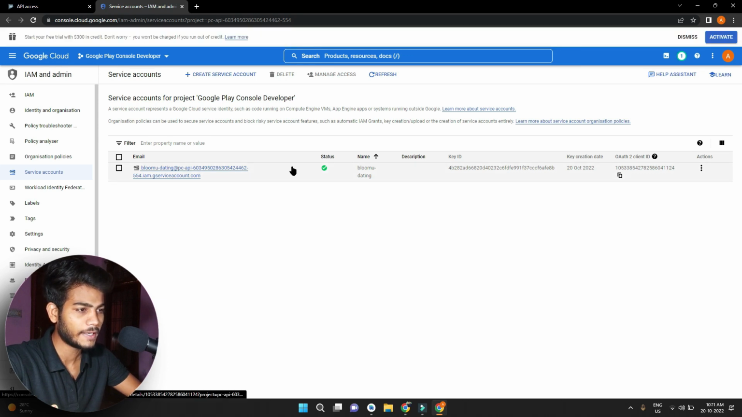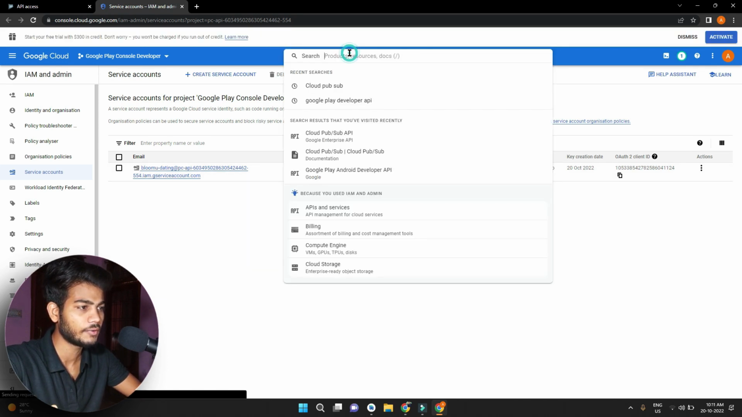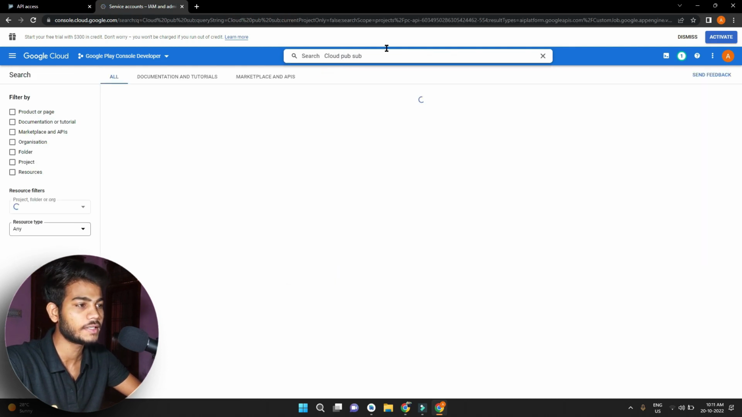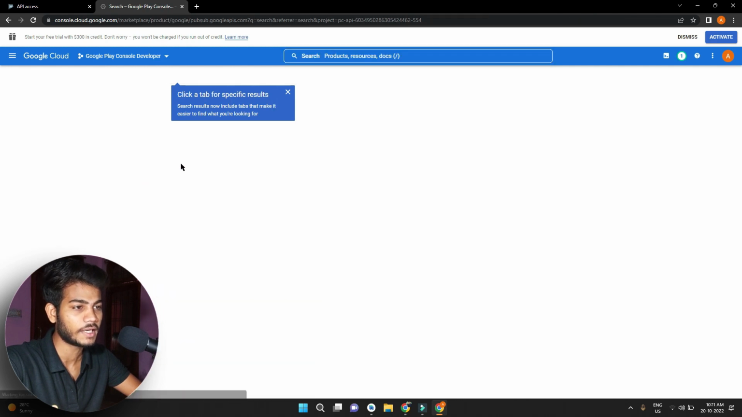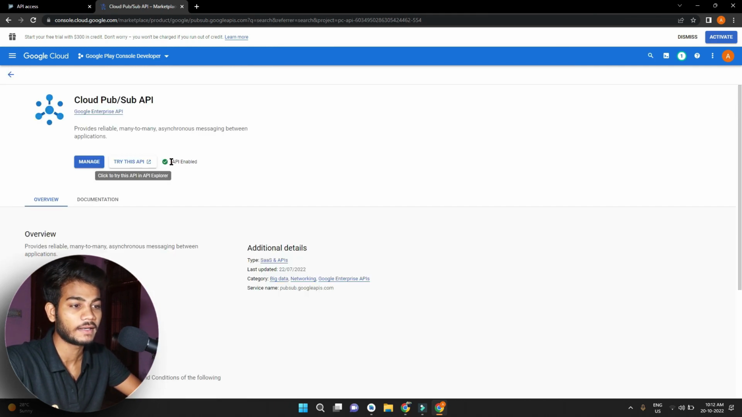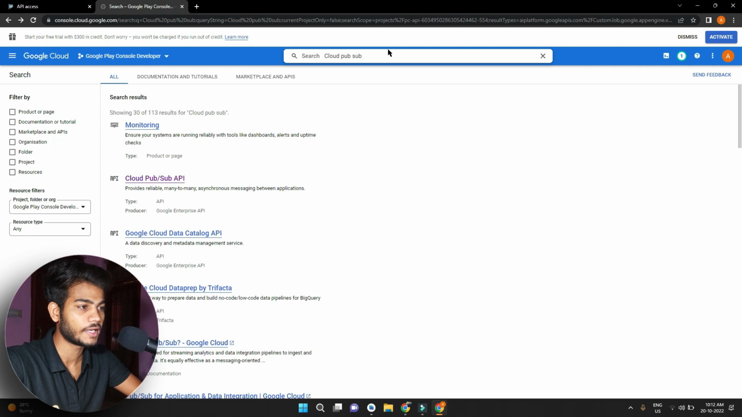We have this one by default, and you can search here for cloud pub sub, it is important, so search for cloud pub sub and make sure that this API is enabled. Click on the cloud pub sub API, and it is enabled, you have to make sure that API enabled is written. If not, there is an option to enable, just click on that and it is enabled. And after this we have to enable one more thing,